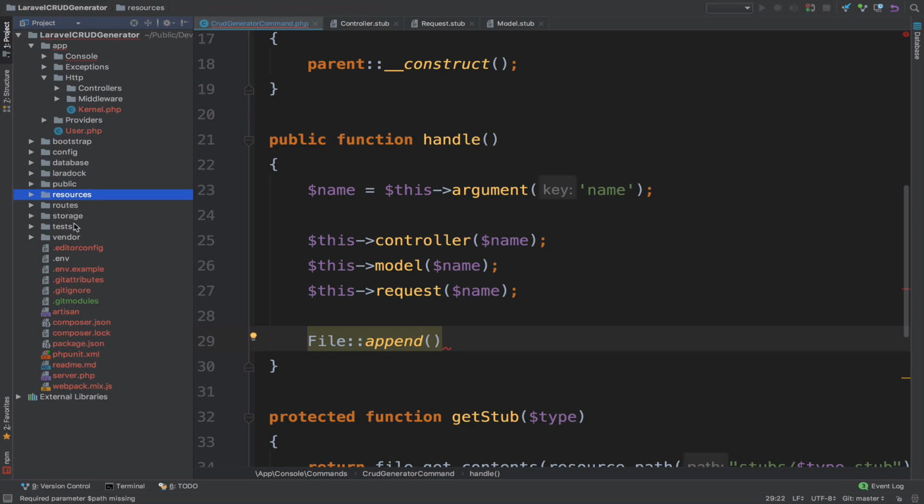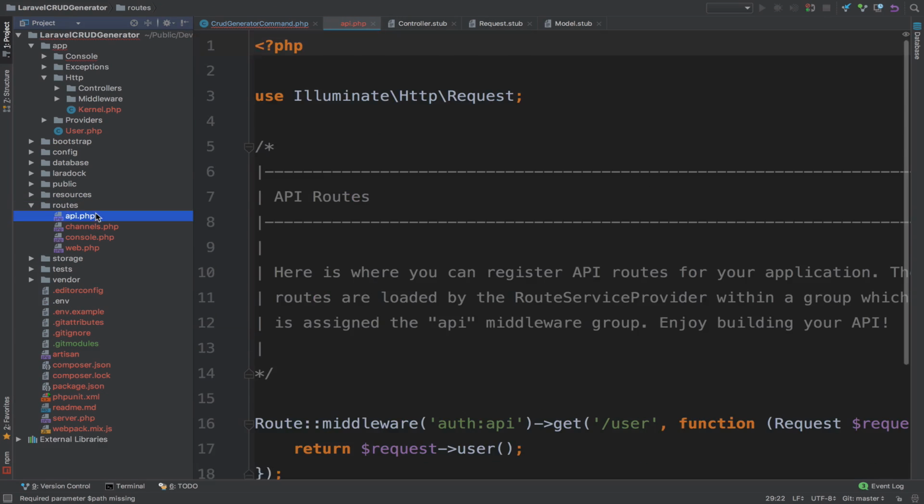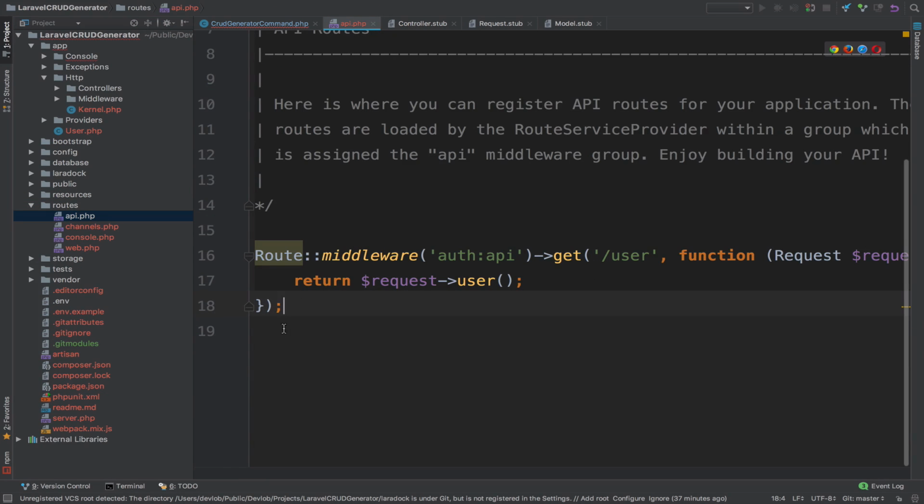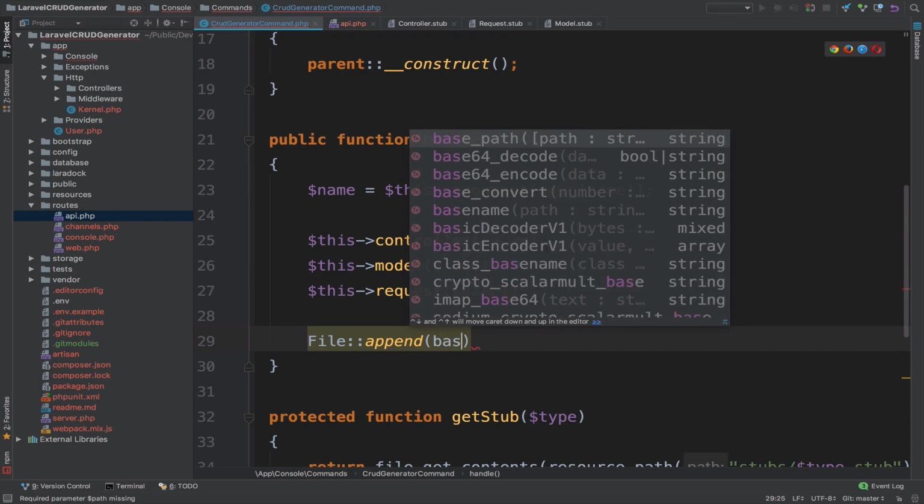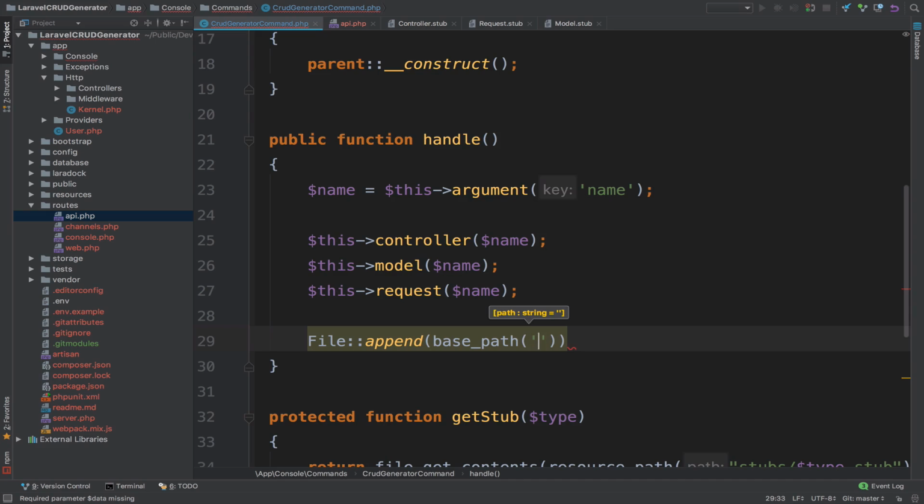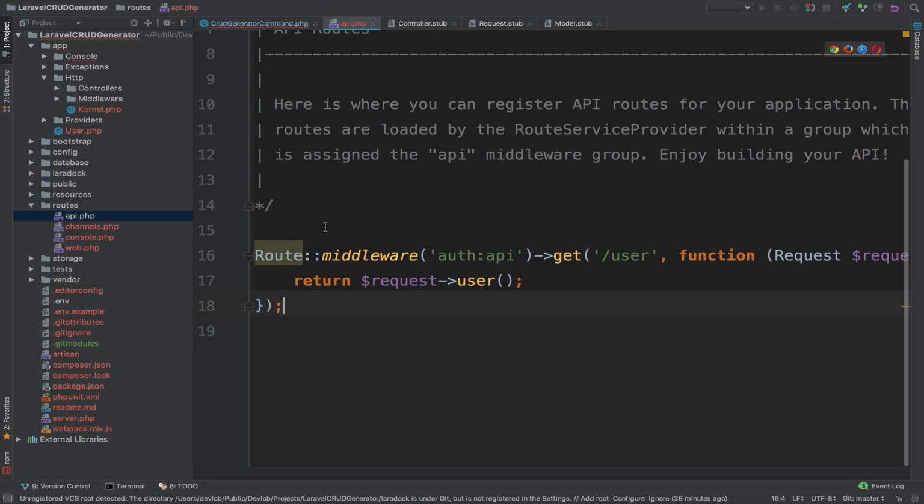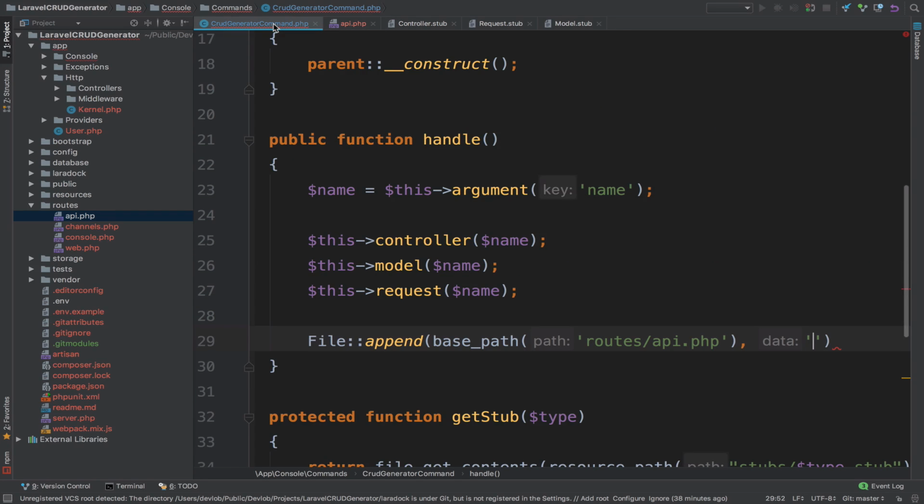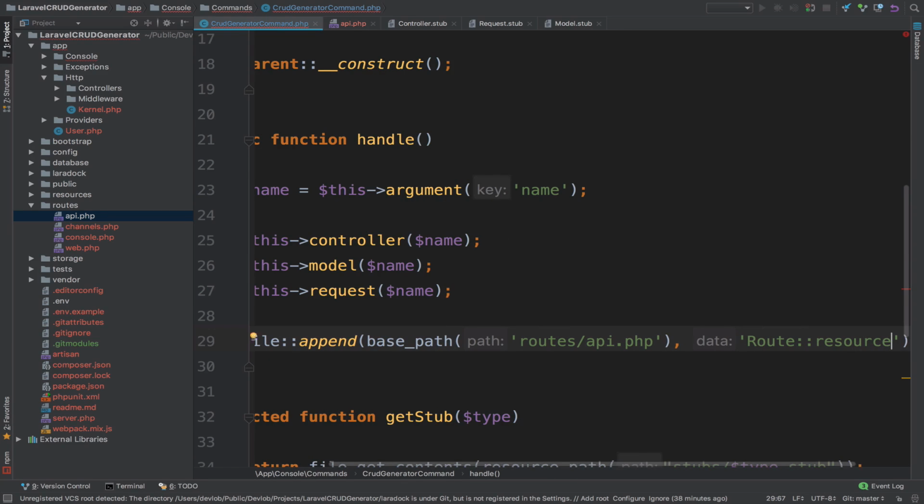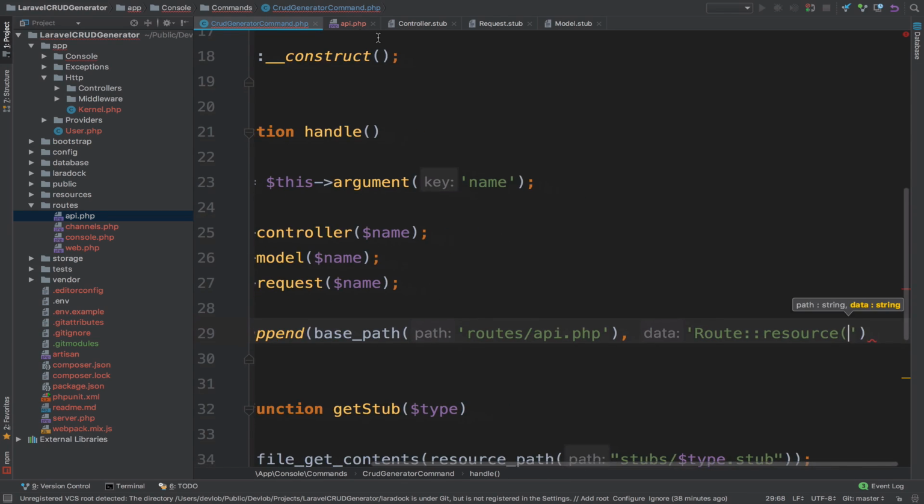So the idea is that I want to go inside API, and down here I want to append a new line. So the path to this file is base path, and then we can use routes api.php, and then I want to add a new route resource in this file. So what we can do is to cite a route resource, and we open parentheses,